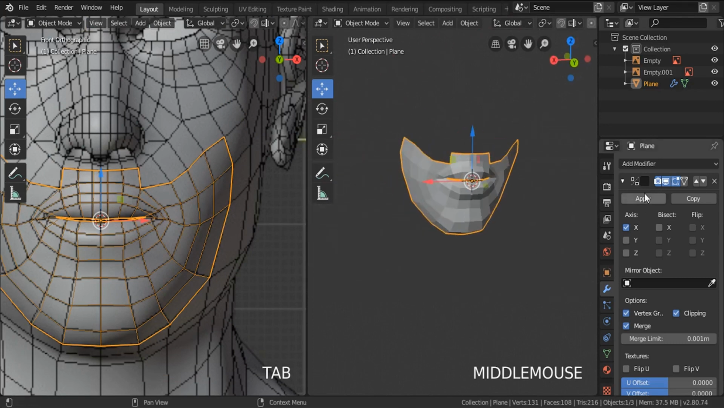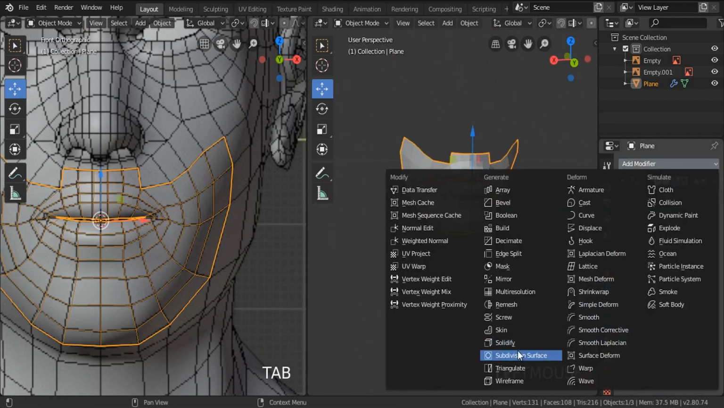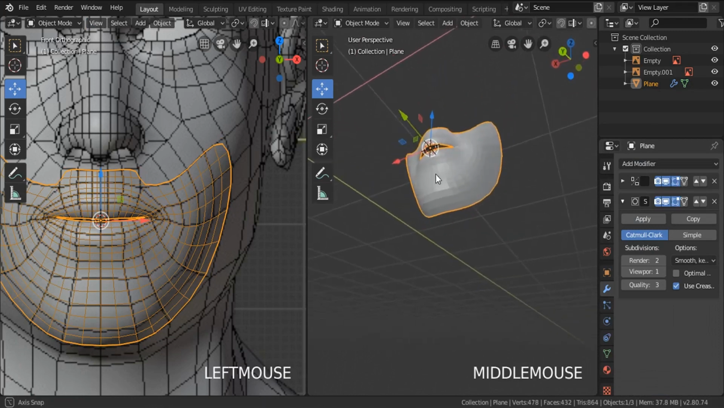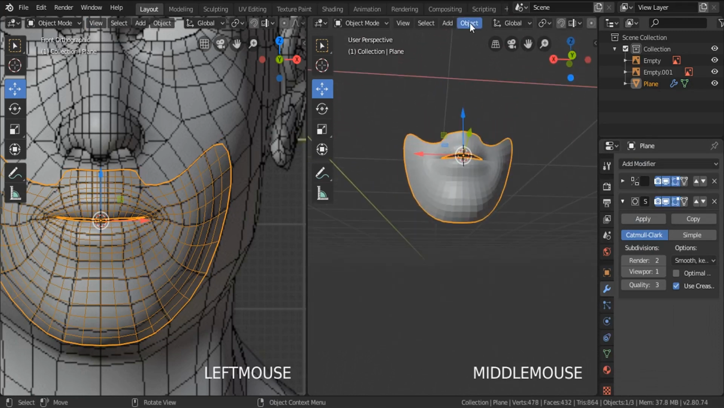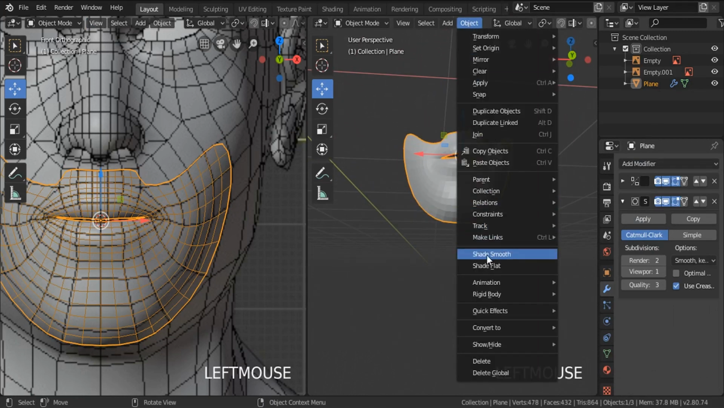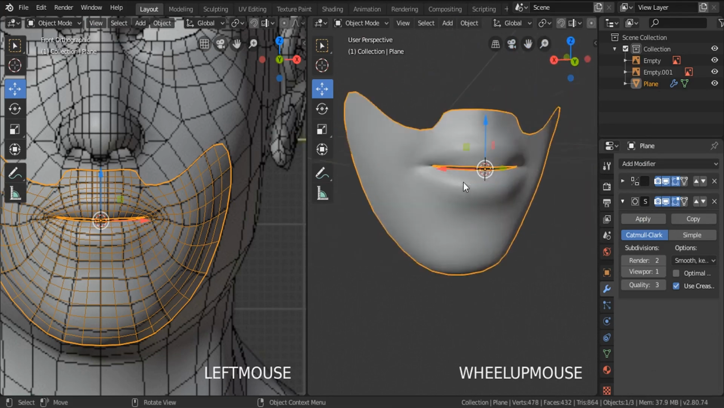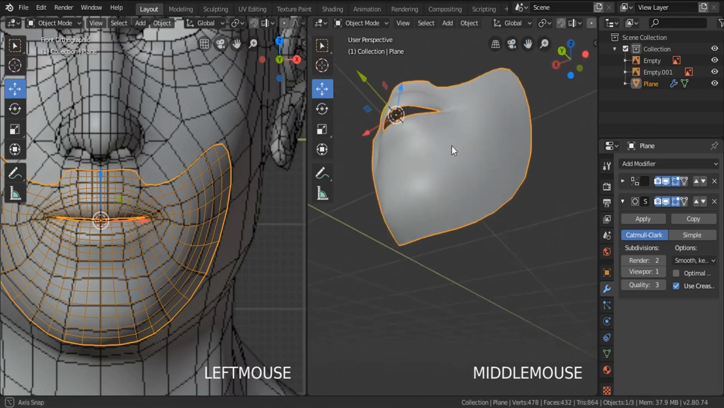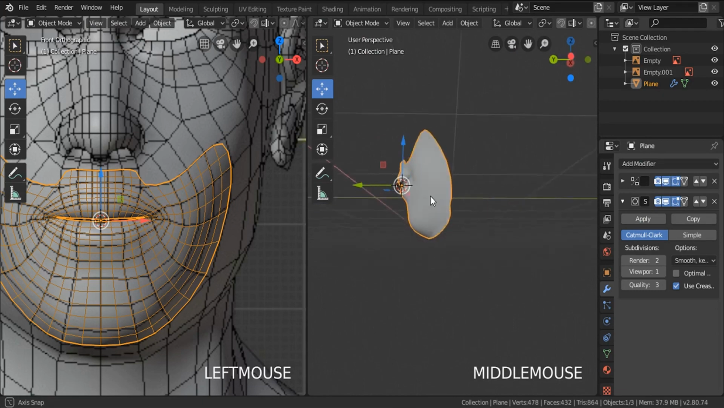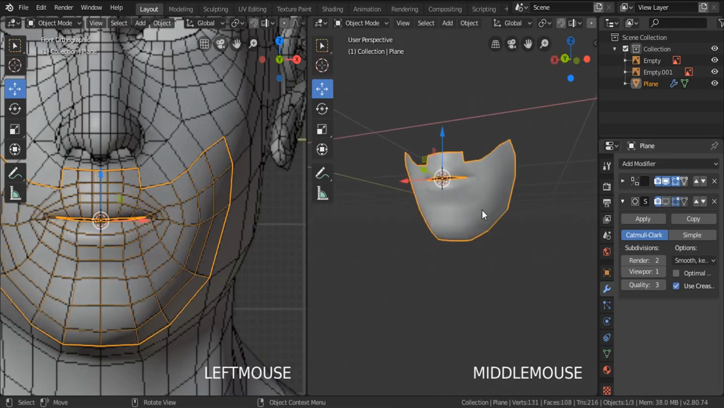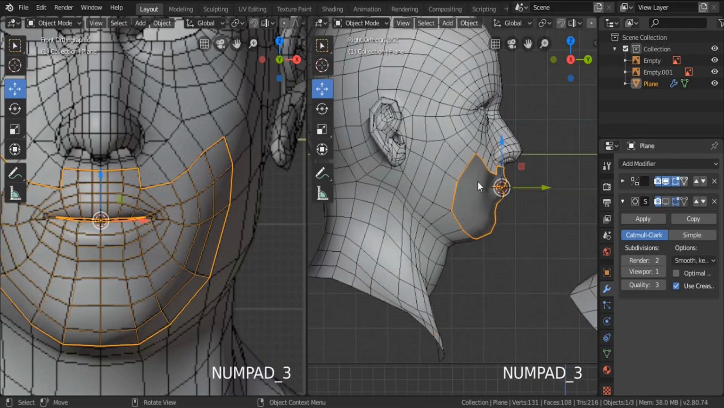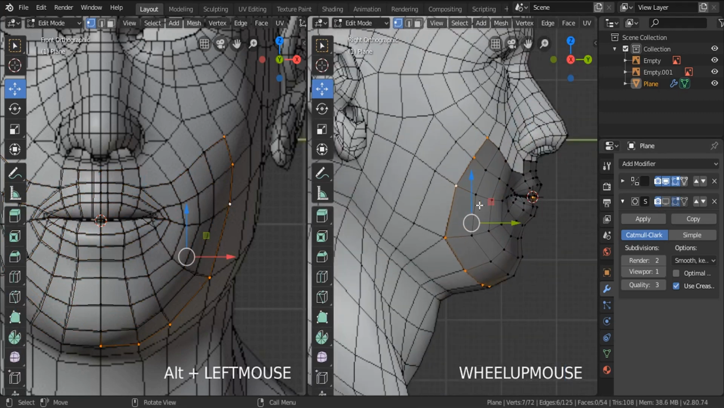We can also add that subdivision modifier. Let me show you that for just a moment. Can add this one and smooth this shading. So I'm gonna go to Object and Shade Smooth, so that we can have a smooth surface. Okay, so as you can see, we're doing good so far. So let's continue. So let me go to the side over here, and I would like to select these, just